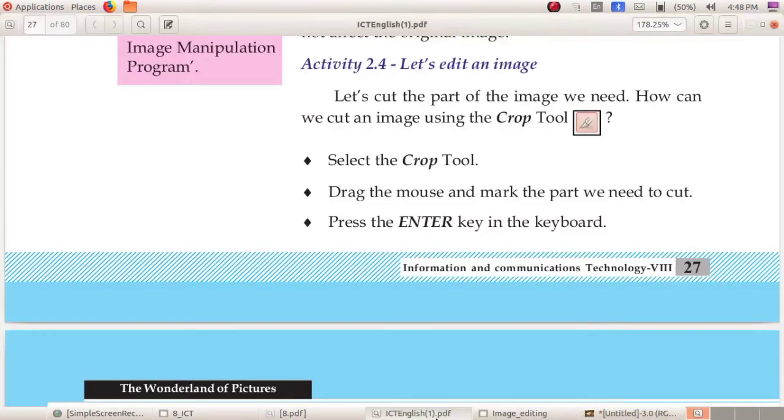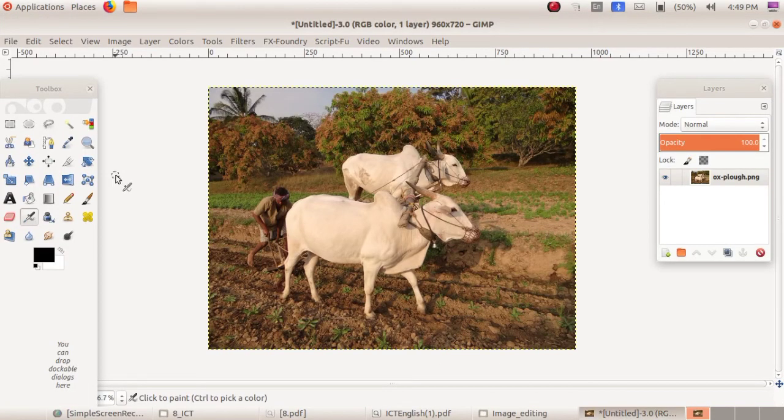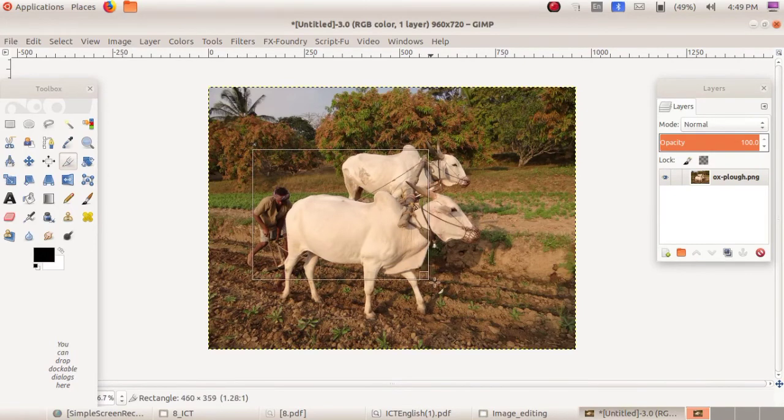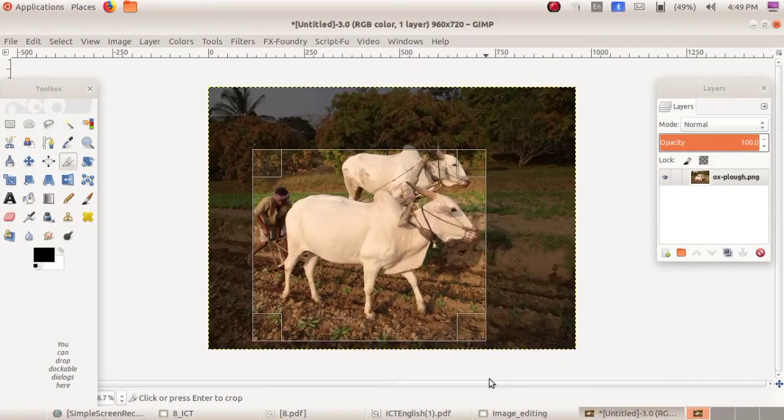For doing that you can use the crop tool. This is the crop tool. Can you see here? Select the crop tool from your toolbox. Now drag the mouse and mark the part we need to cut. See, we need only this much portion.